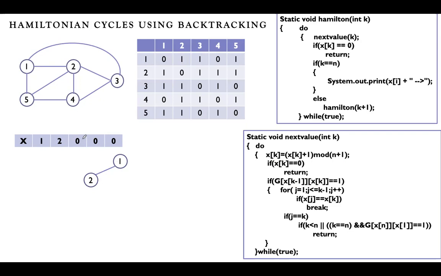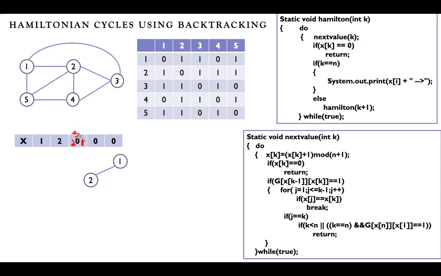Next, here also first we'll start with 1, and this 1 should not be present before. If I write 1 here, it should not be present in this array. So 1 is already there in the array, so 1 will not be taken here. I will next try for 2. 2 should not be already present in the array, but 2 is already present, so we'll not take 2 here. And then I will write 3. For every location, it will start with 1, 2, 3. It will go like this.